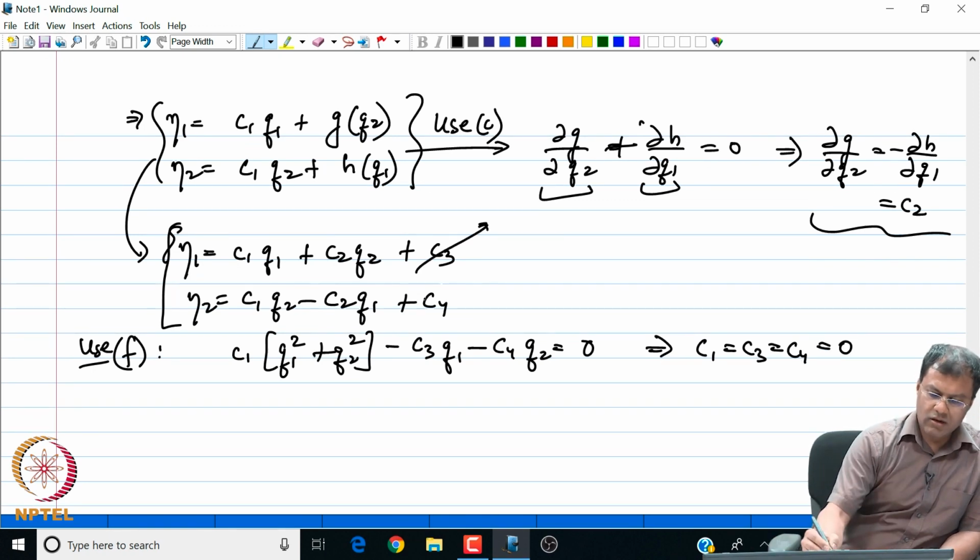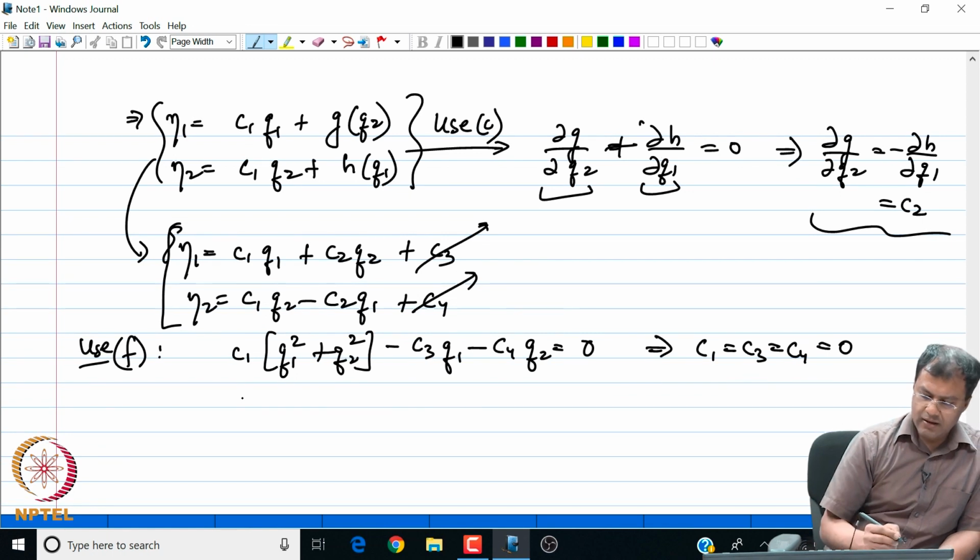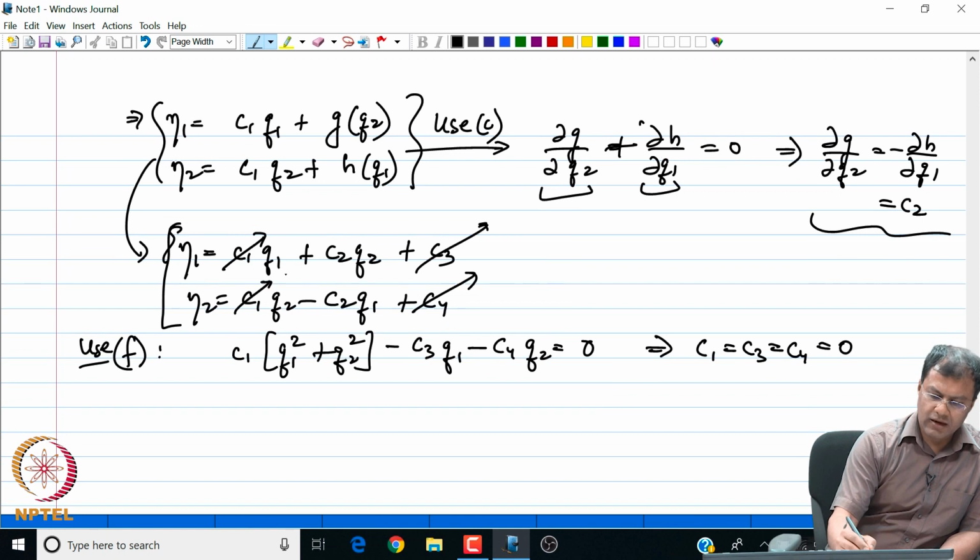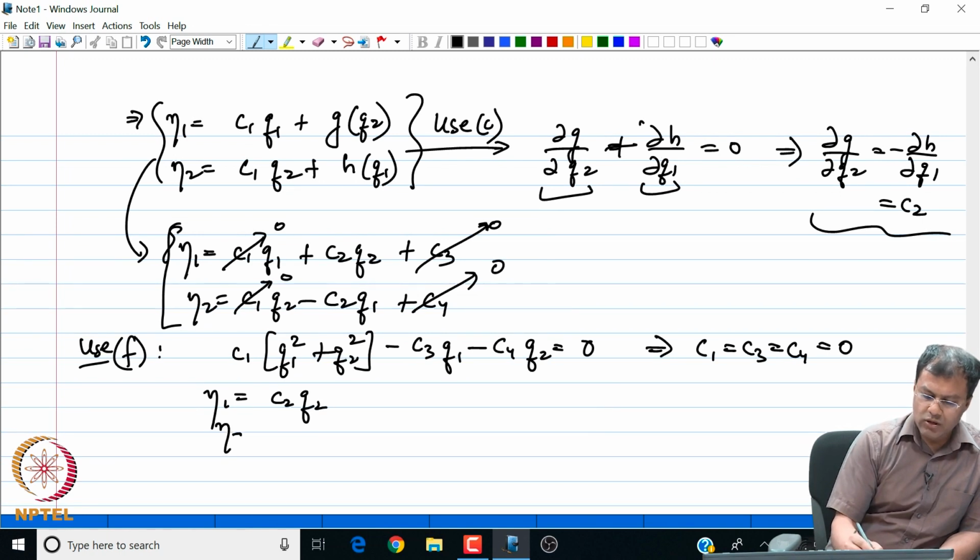So this is gone, and this is gone as well, right. So all I get is that eta 1 is C2 q2 and eta 2 is minus C2 q1, right. And finally,